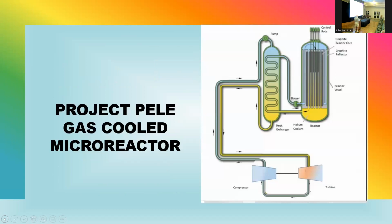Okay, here's Project Pele, a gas-cooled microreactor, and we talked a little bit earlier about the gas-cooled reactor. You have a reactor over here with gas going in and out, and it goes into another. It can be just gas or it can be steam, but this is gas-cooled. It runs just like the turbine on an airplane. You have a compressor that compresses the gas and sends it back to be heated. In the airplanes, it turns on the jet fuel. And with the reactors, you run it through the reactor, it comes back out and goes